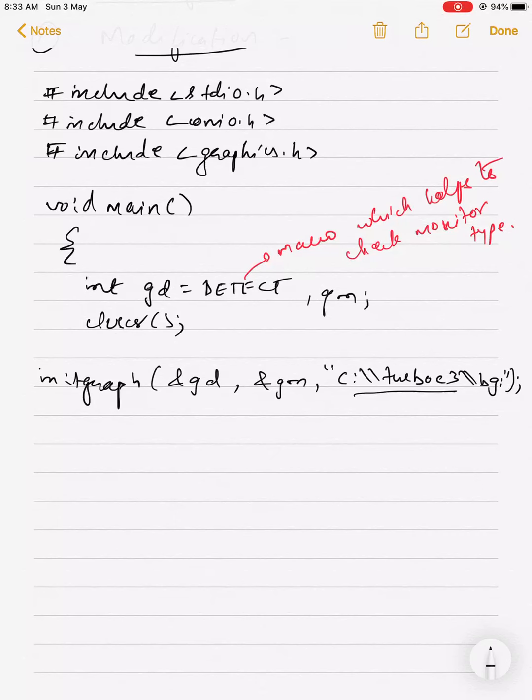So if you mention turbo c3 bgi, at that time you are able to see the output at that particular location, because graphics should know where the output should be shown. Otherwise it doesn't know, it has a space of the complete library or complete memory. So you need to mention the location. Current screen location is turbo c3 bgi. In that there are 639 by 479 coordinates. In that you have to mention all the things.